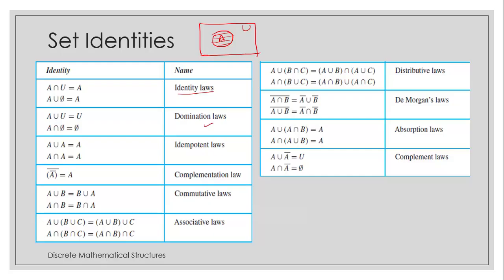So these are some of the other laws that you can go through. Out of these, two are important and we will be using them today to prove different identities. These are De Morgan's laws. First, De Morgan's law states that (A intersection B) complement is equal to A complement union B complement. Second law states that (A union B) complement is equal to A complement intersection B complement.